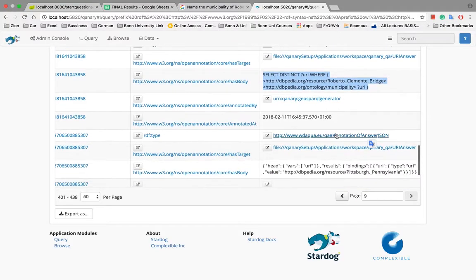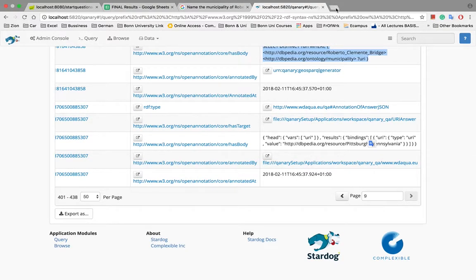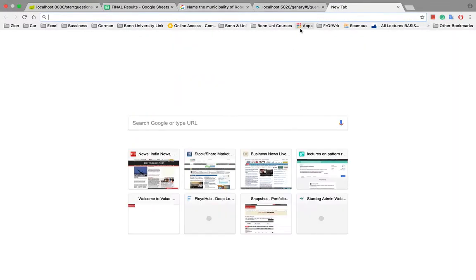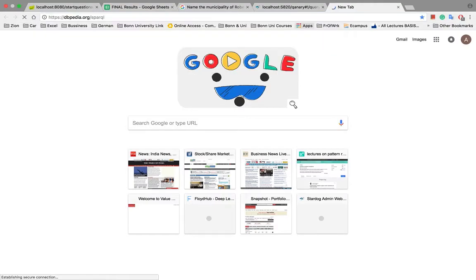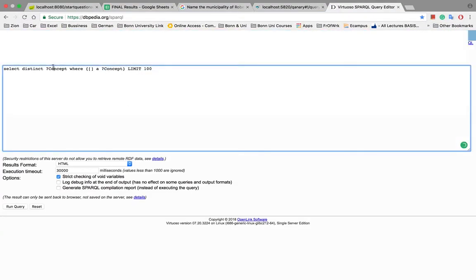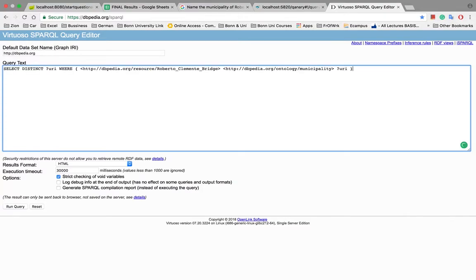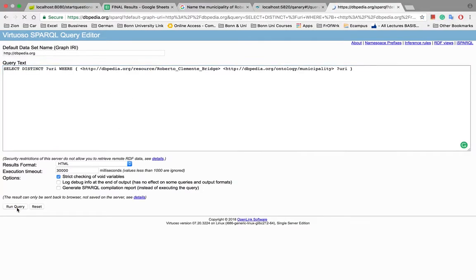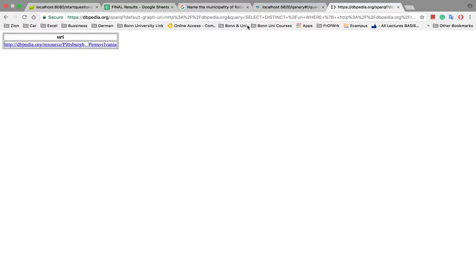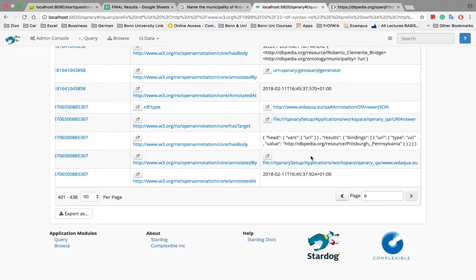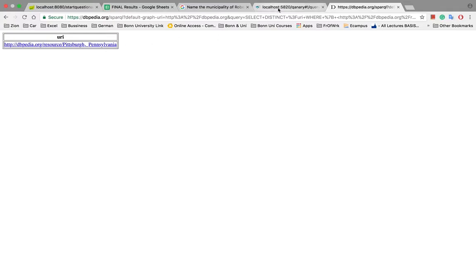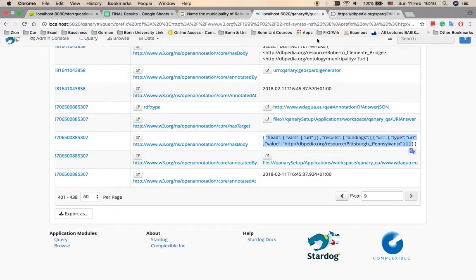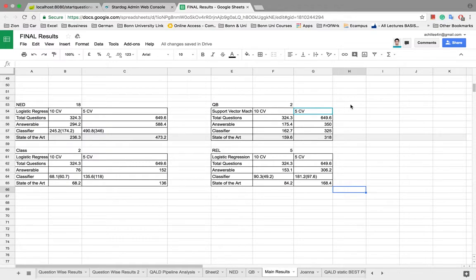So when we have run the complete question answering pipeline using three components, this SPARQL query has been created, and the answer we have shown is Pittsburgh, Pennsylvania. That means for the question, name the municipality of Roberto Clemente Bridge, our system says the answer is Pittsburgh, Pennsylvania. Now we execute the produced SPARQL query on the endpoint of DBpedia, and now you can see that the output of our answer and the DBpedia output match. Hence, Frankenstein is a flexible framework to create question answering systems just by configuration, and you can also compare the